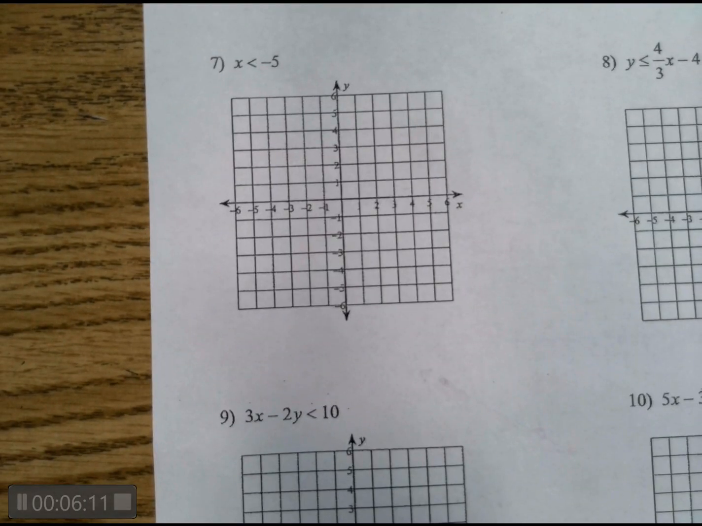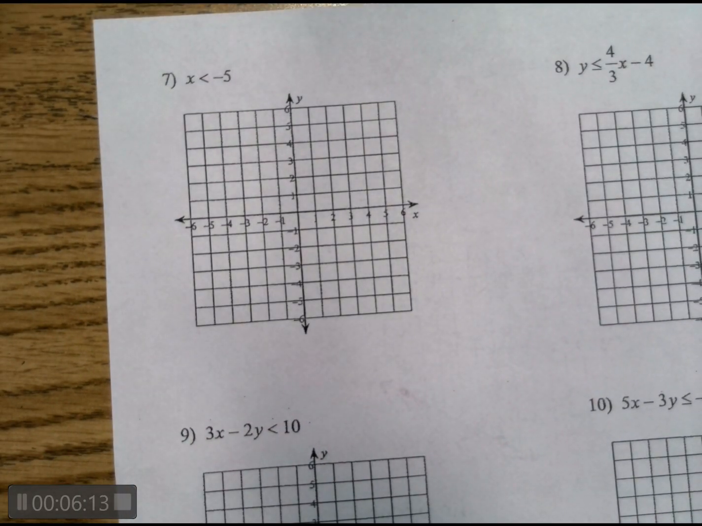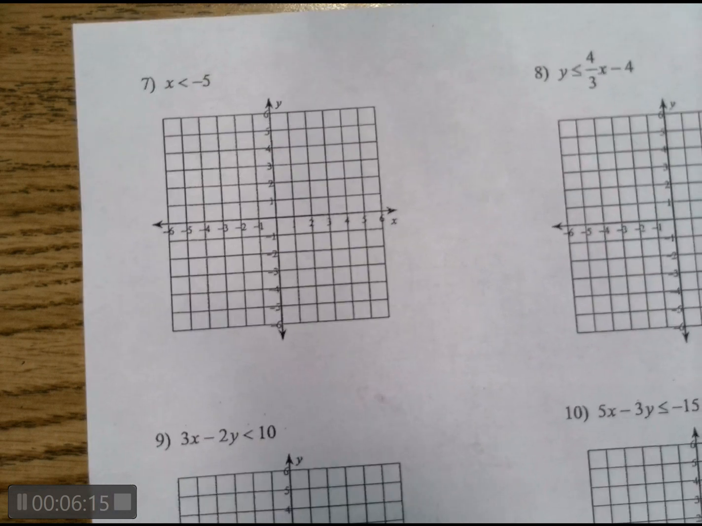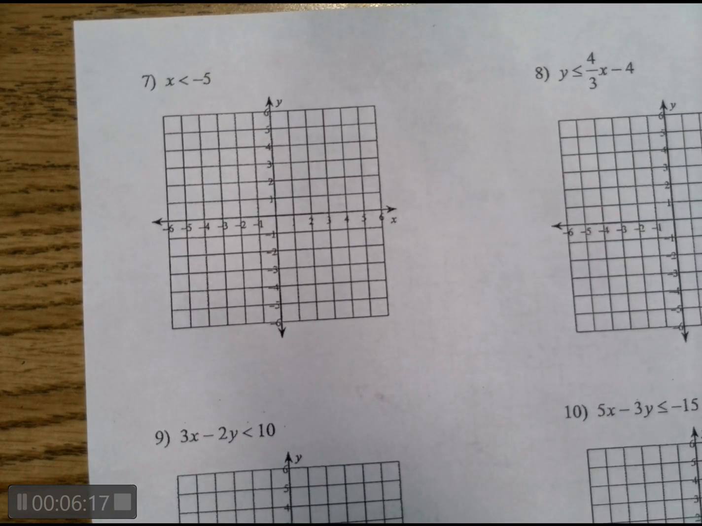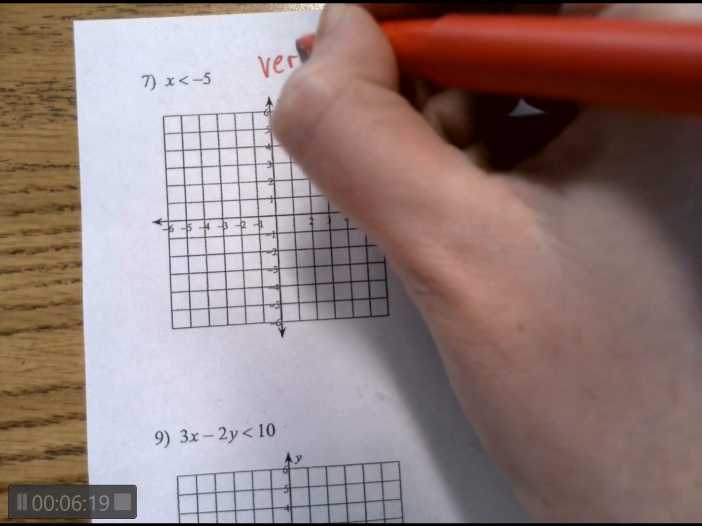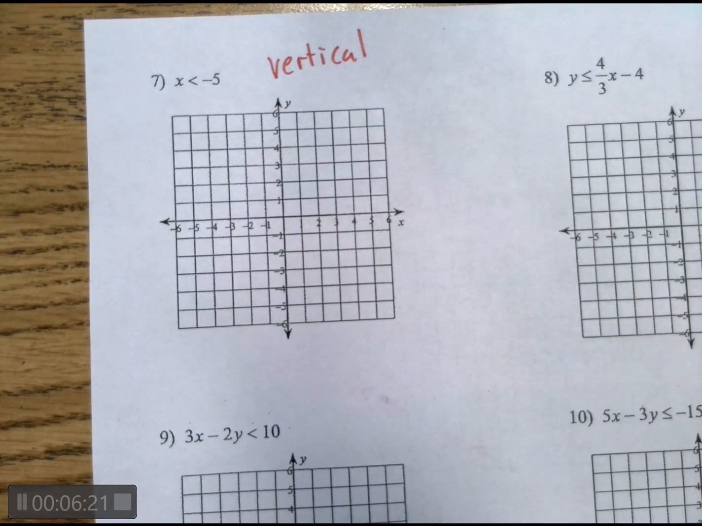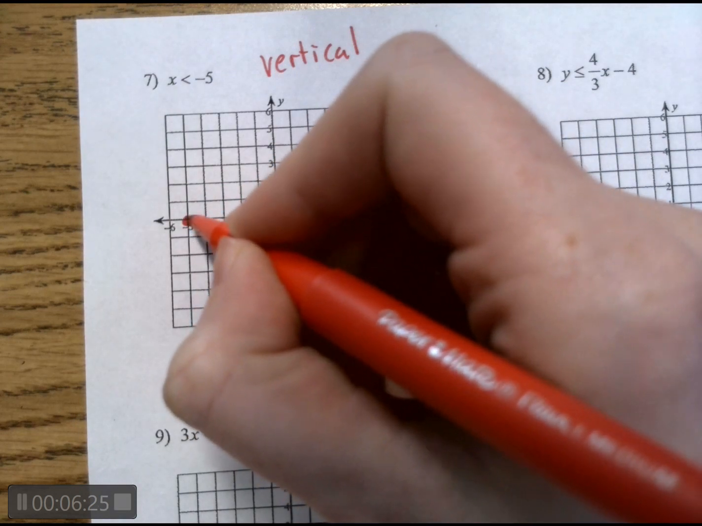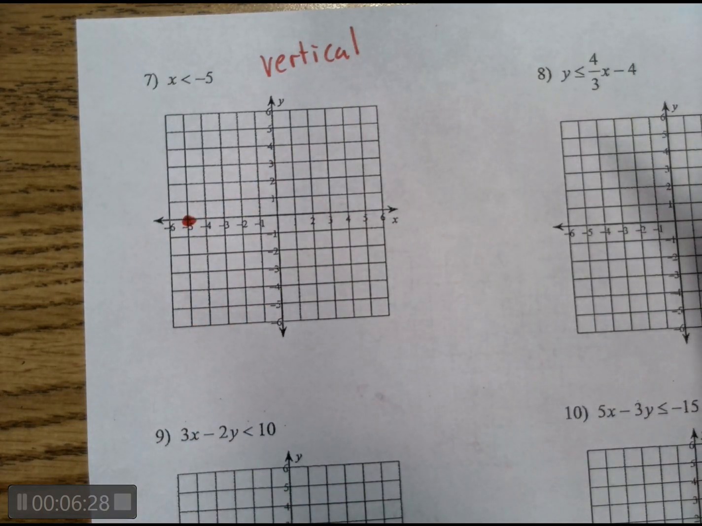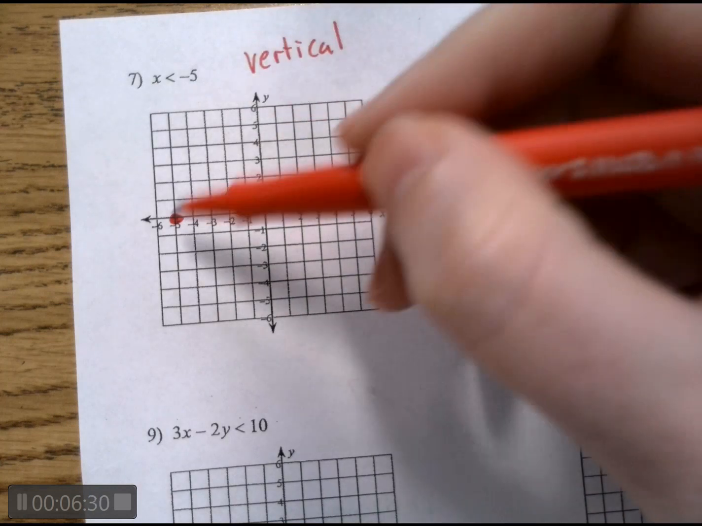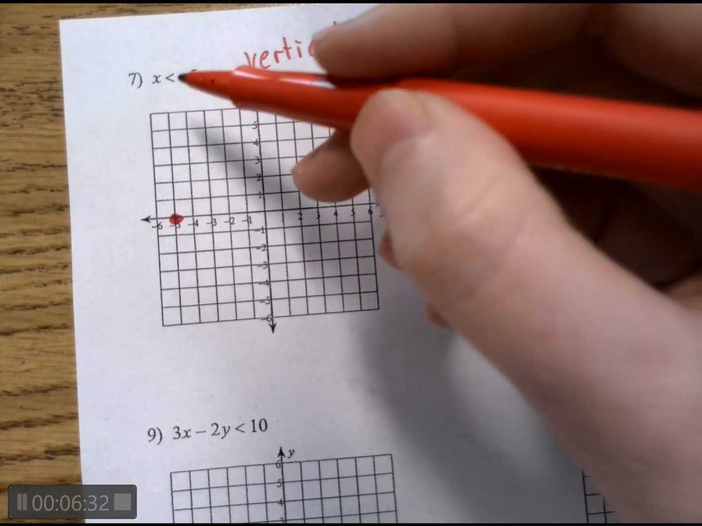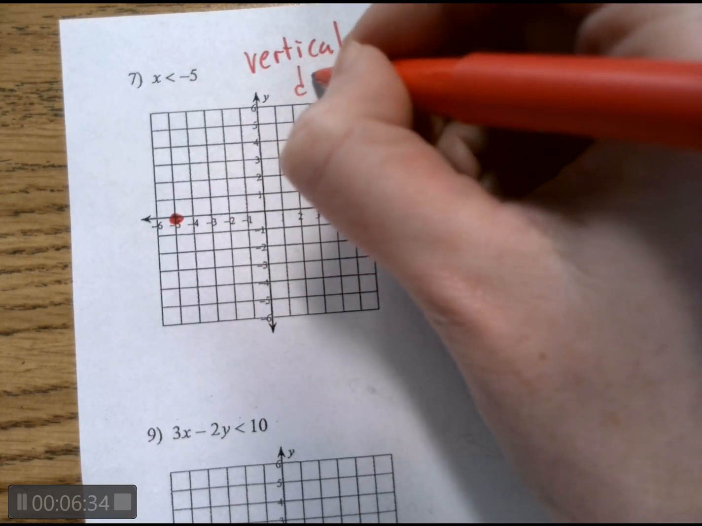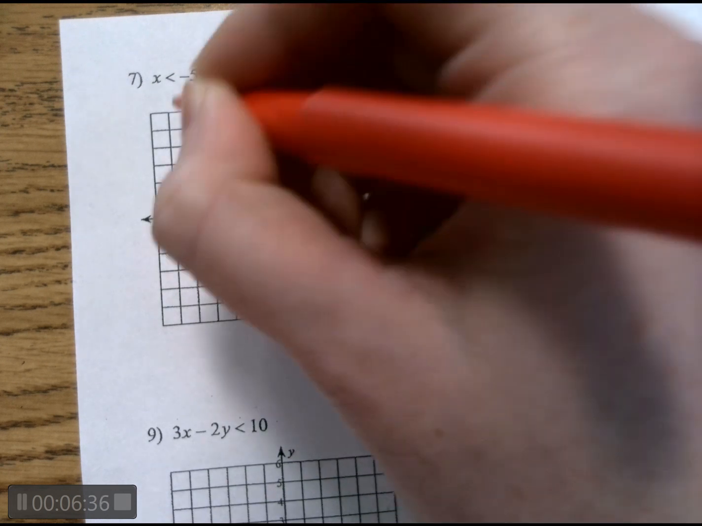On to the back. x is less than -5. So here we have a vertical line at x of -5, so we're going to go all the way to -5. Since it's vertical, it's going to go up and down. Because there is no solid line underneath, it's going to be a dashed line